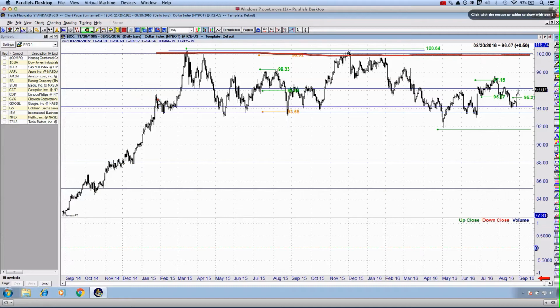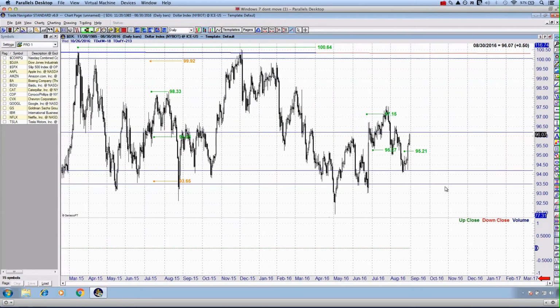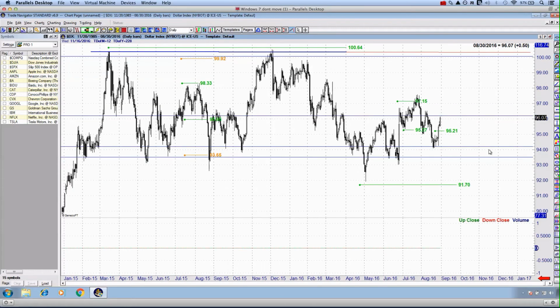Let me just color code this for you. Let me bring up the blue pen, and you can see right here we're making a series of waves back and forth. Now on some of these waves we haven't made it all the way up to resistance, and again on some of the pushes lower we have seen some intermediate bounces, but on the whole we are setting up a relatively nice channel. What I need you to identify is that obviously we are back down around this 94 area. In fact, we bounced very, very quickly off from that area.